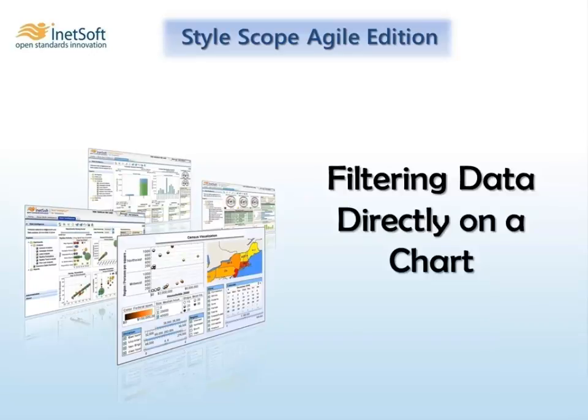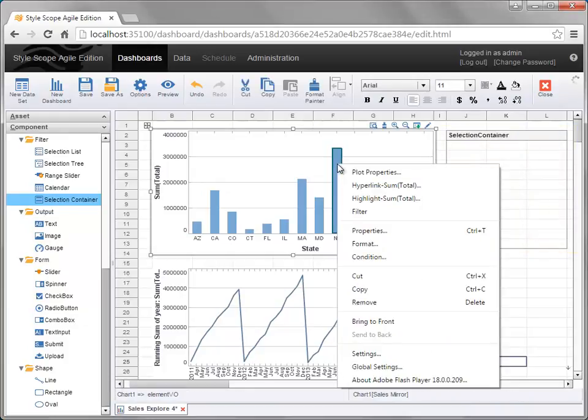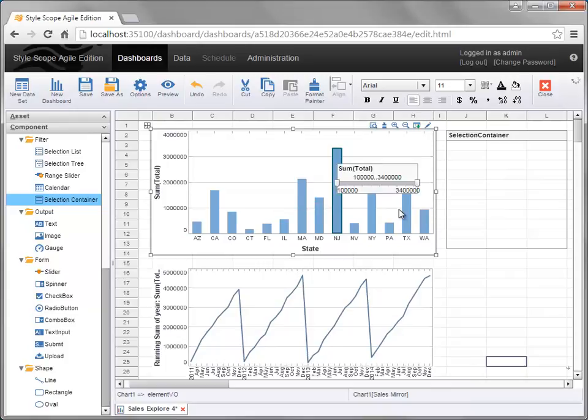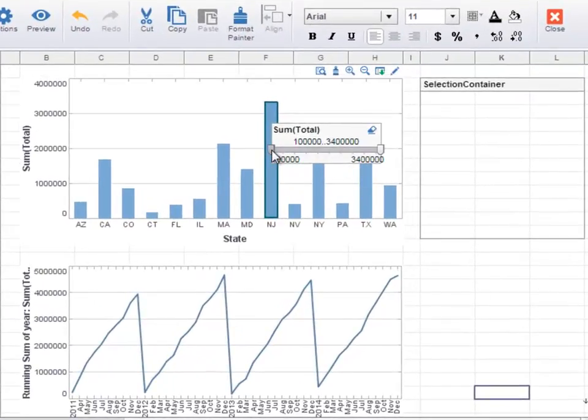This video will show you how to filter data directly on a chart. If there is a selection container in the dashboard, you can filter a chart simply by right-clicking on the data in the chart and selecting the filter option. This will provide an ad hoc range slider or other selection component that allows you to filter the aggregated data